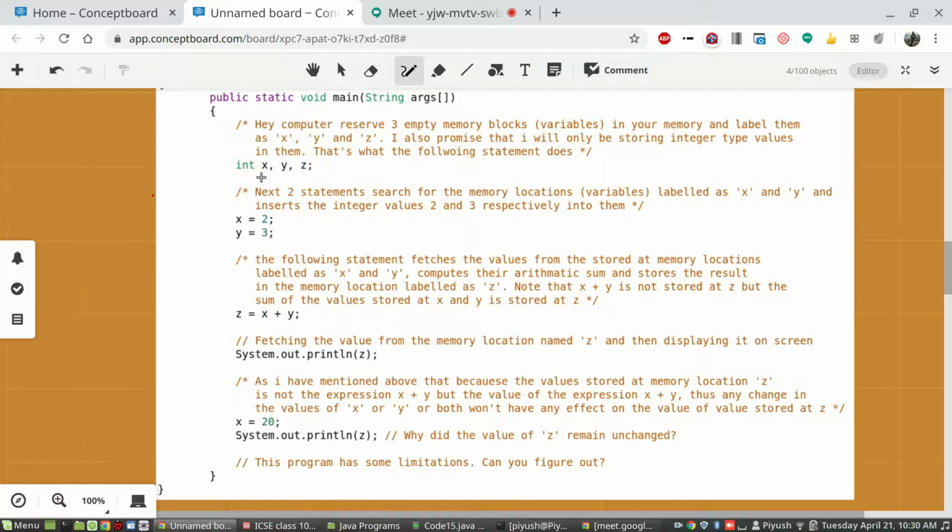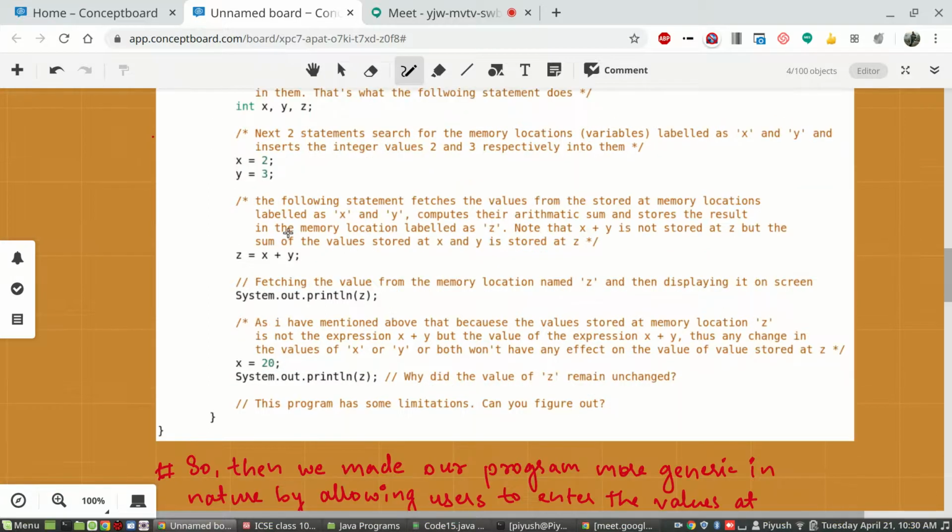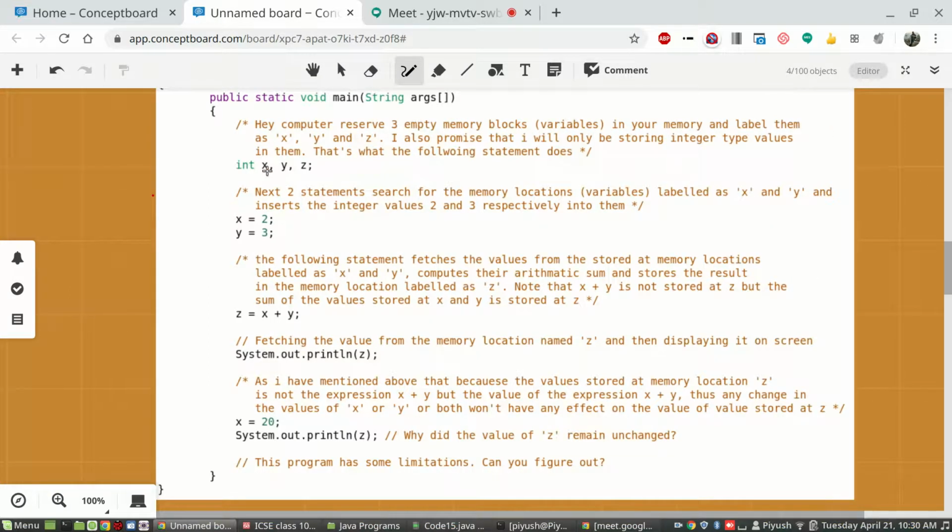Once this declaration is done, we have declared three integer variables. Then we are initializing the two variables which will contain our numbers. So x is initialized to 2, y is initialized to 3, and then in z we computed the sum and stored it. Remember, the expression is not saved in the variable location, the result of the expression is saved.